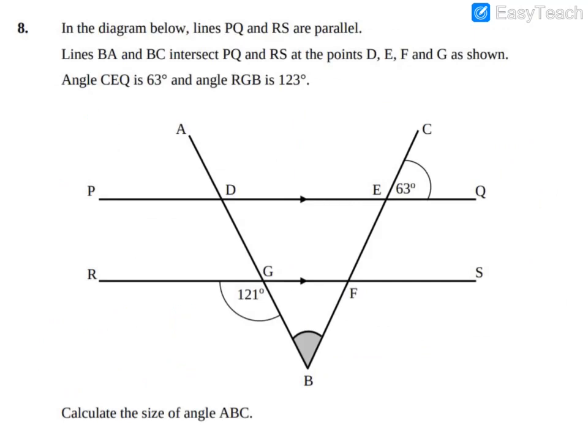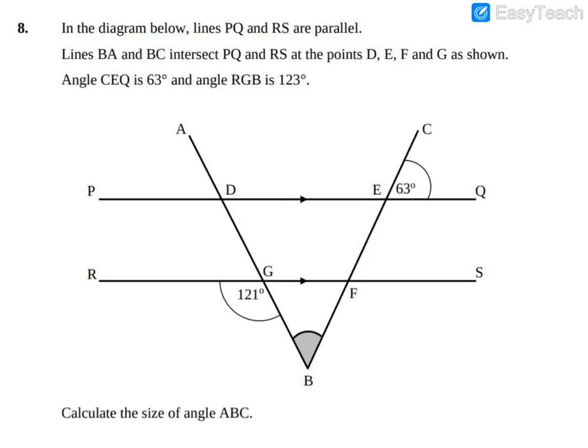Question 8. In the diagram below, lines PQ and RS are parallel. Lines BA and BC intersect PQ and RS at the points D, E, F and G as shown. Angle CEQ is 63 degrees. Angle RGB is